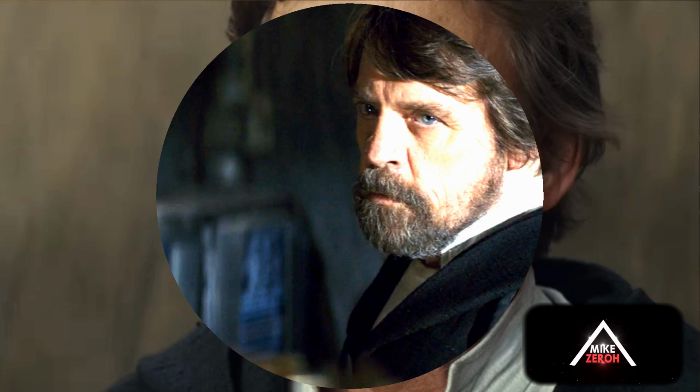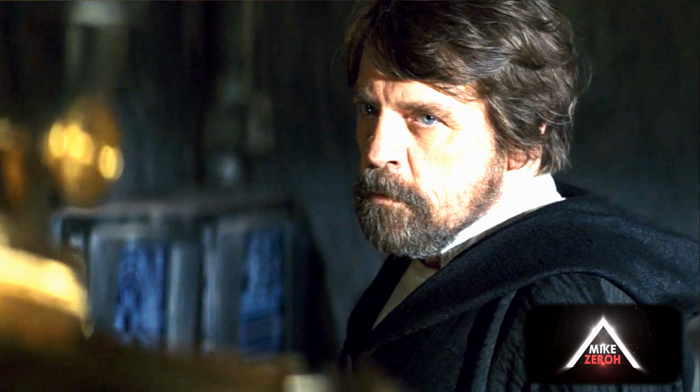As far as the de-aging technology goes, like I say, I think that there are also other ways that they could be doing this for the character of Luke in Episode 9. Maybe it's in the form of a vision, something that's totally separate from a flashback and or even a Force ghost himself. You know, there are numerous things that they can do for the character of Luke in Episode 9 that will be quite surprising, and I'm sure that there are going to be more surprises than just making him a younger version of himself if this de-aging technology is actually going to be used on the character of Luke,